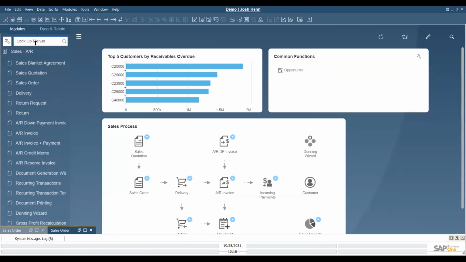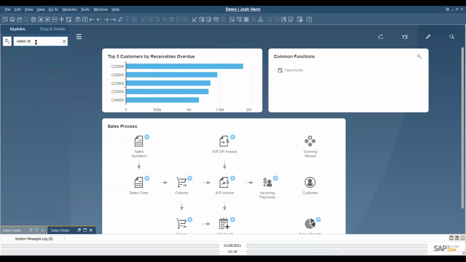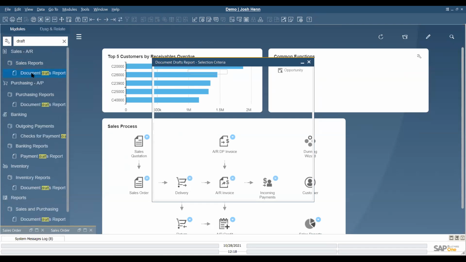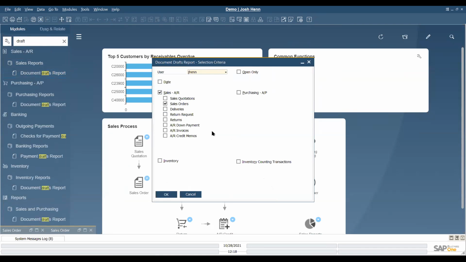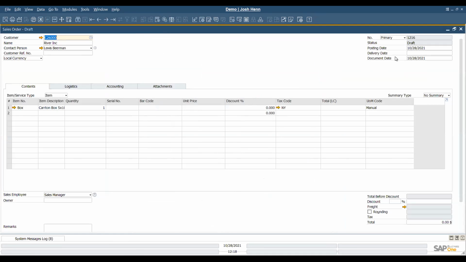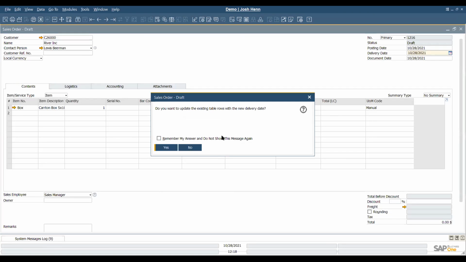Then whenever we go back to our drafts report for our sales order, go to the second one. By the posting or delivery date to today.